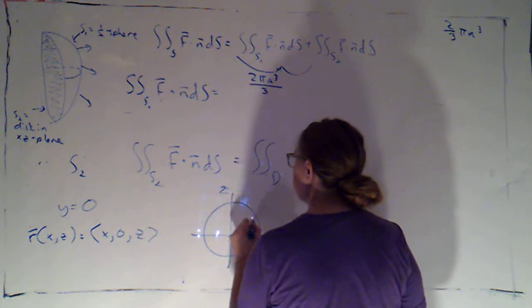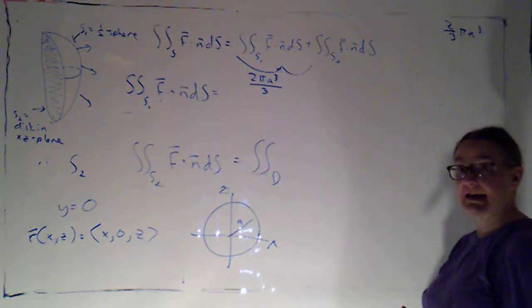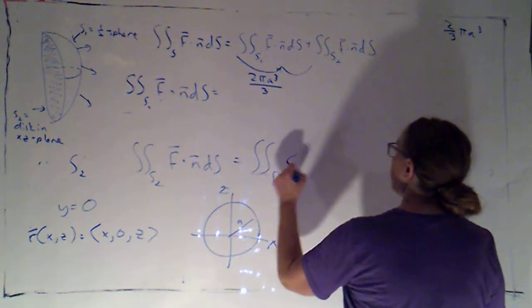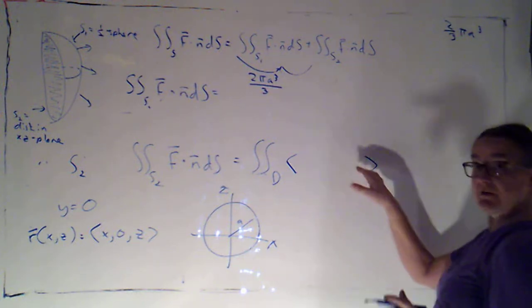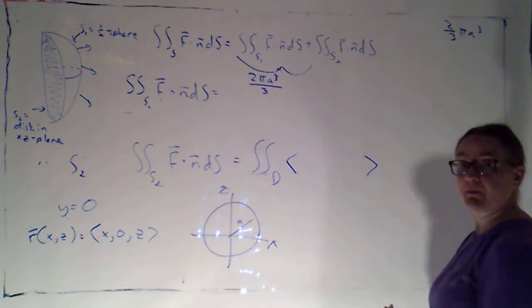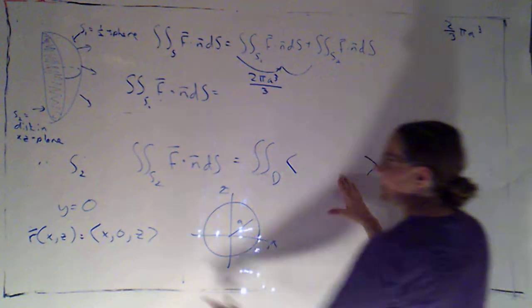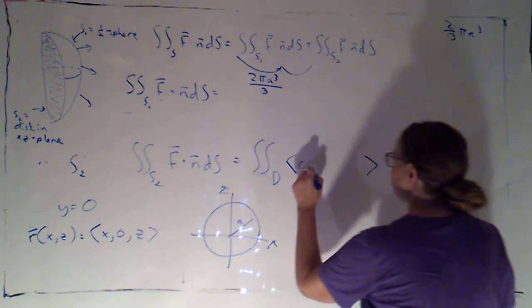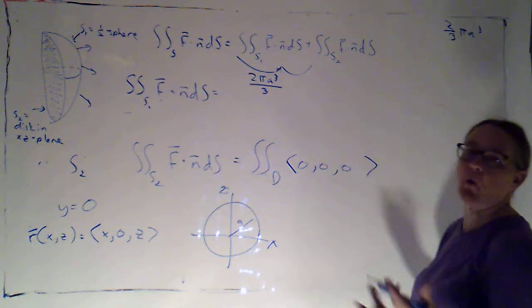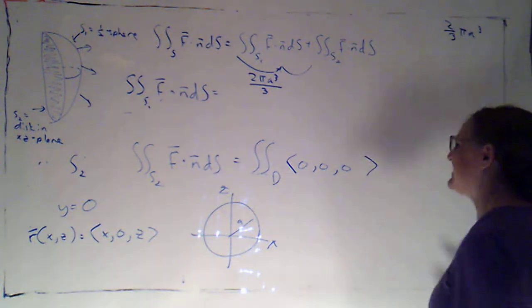So that would be this disk of radius a in the xz plane. I would write my vector field f in terms of my parameterization. Now here's how we're going to see that we're going to get 0. Because my parameterization has y being 0, but my vector field was (y, y, y). So I'm going to get (0, 0, 0)